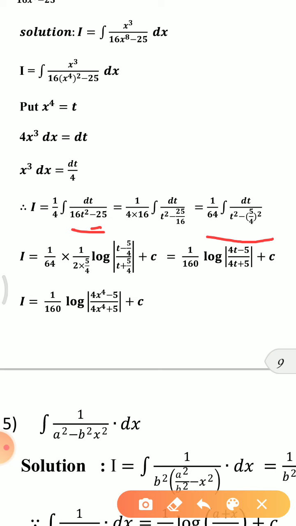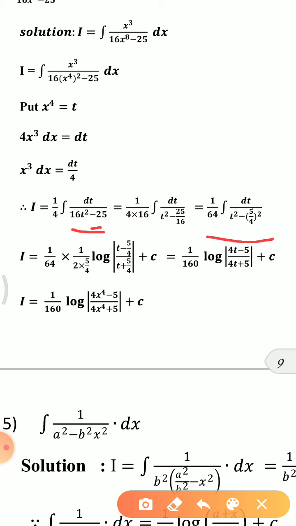That is 1 by 64 integration of dt upon t square minus 5 by 4 the whole square. It is the form of x square minus a square, and the integration of x square minus a square is 1 upon 2a log of x minus a upon x plus a